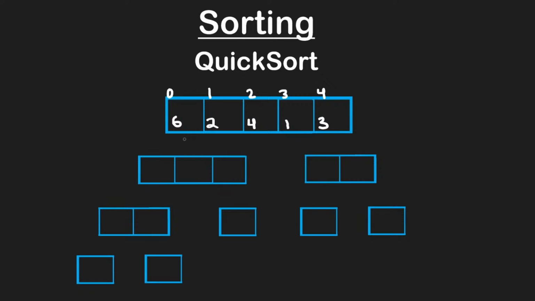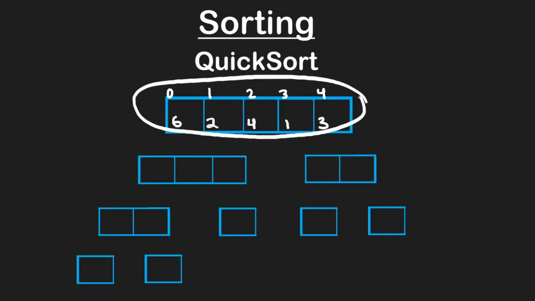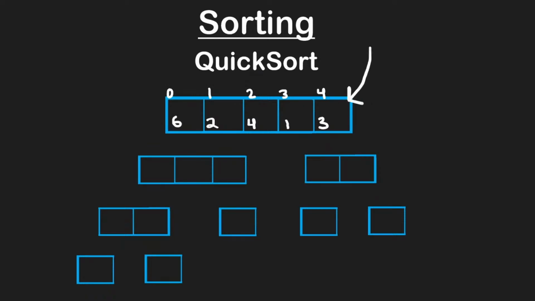And we can actually perform the partition in place. That means we don't need to allocate any extra memory to do the partition. We can do it with just a single array. What we're going to do is take the rightmost value, that's going to be called our pivot. We're going to have a pointer that's going to start at the beginning of the array, and the idea is